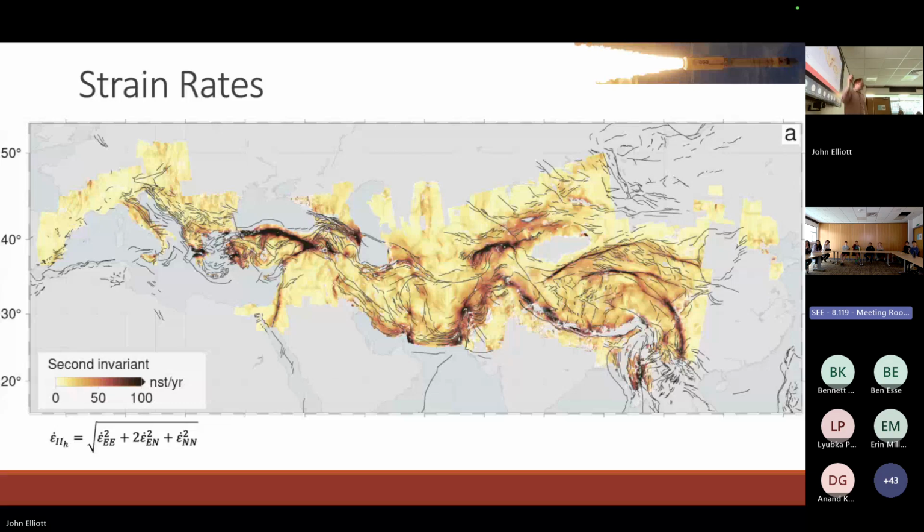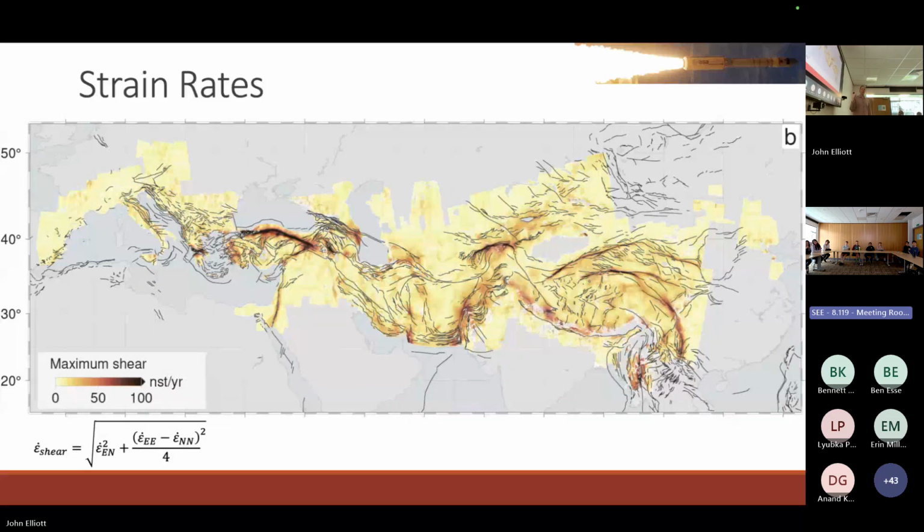And the Pamirs really pops out here, huge amounts of strain across that. Similarly, if we look at the maximum shear component, it sort of cleans it up for the strike-slip faults. They're the ones that are undergoing that shear. So you really see the locus of that. But there are just huge swathes of areas that really are very low strain rates, below 20 nanostrain per year,